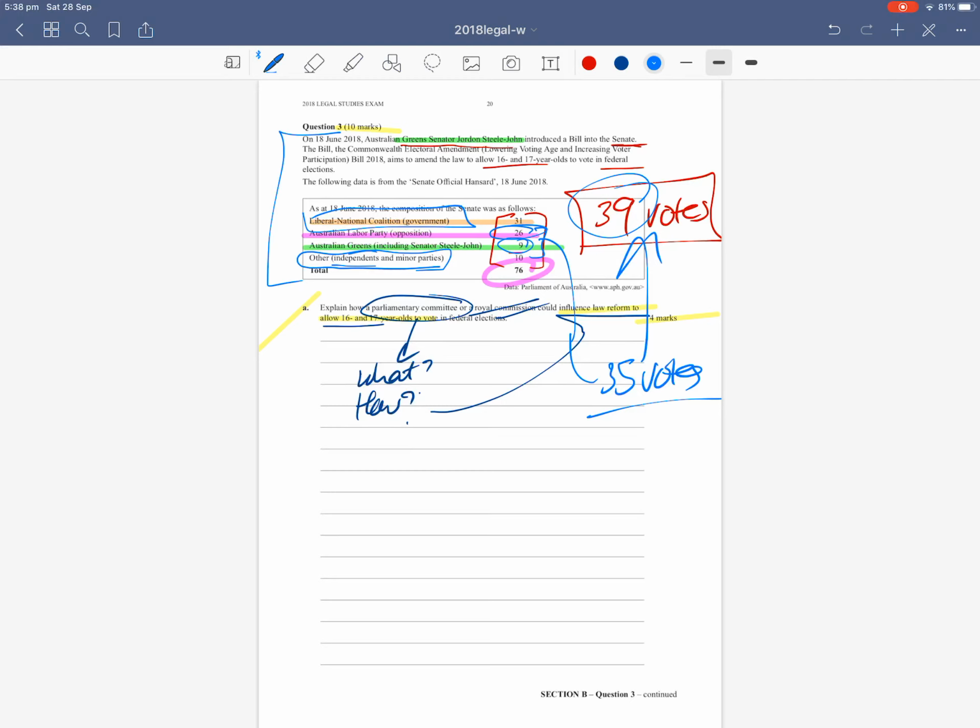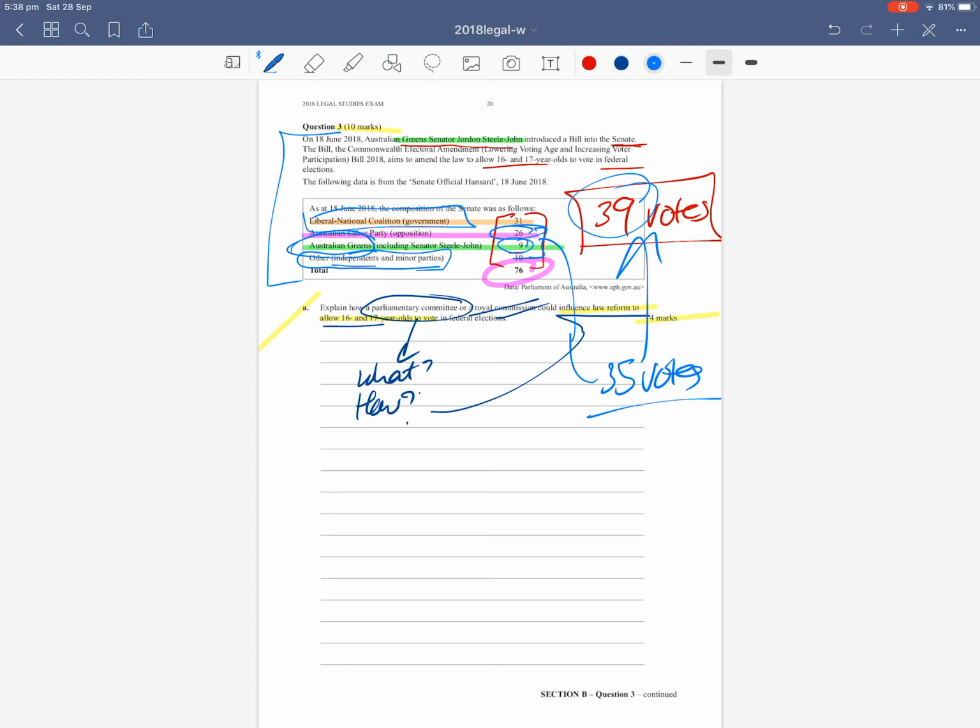And while obviously, a law can pass, even if you only have 9, because if a lot of people agree with you, they might pass it, it just requires Senator Jordan Steele-John to basically negotiate with a lot of people. And that might be good for us because it's forcing people to get them on board. It's saying, hey, what would you like for me to add in, for you to agree with this amendment? And that's going to force people to be a little bit more active when passing bills. Yes, it may lead to the actual bill being watered down, which might not be exactly what they wanted, but it's a